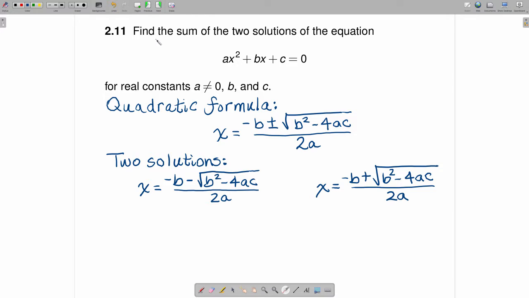Now the question asks for the sum of those two solutions, so what we want to do is add this quantity right here and this quantity right here and see what we get. So the sum